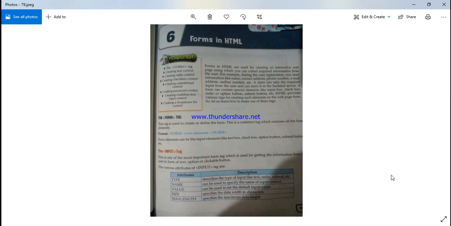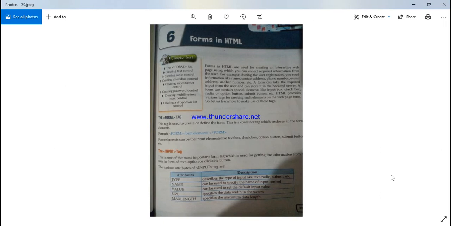A form can contain special elements like input box, check box, radio and option button, submit button, etc. Children, HTML provides various tags for creating such elements on the web page form. So let's learn how to make use of these tags.